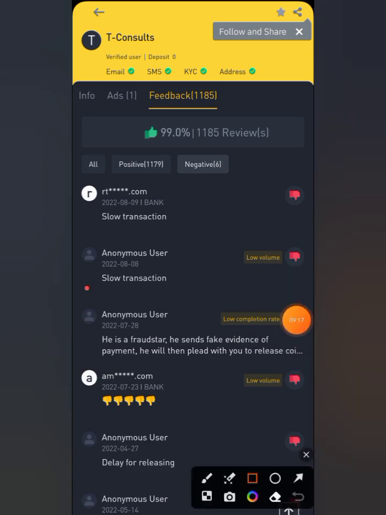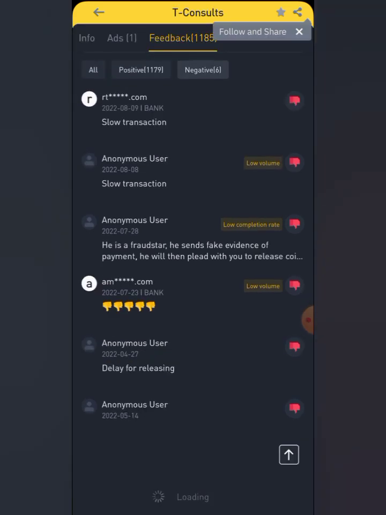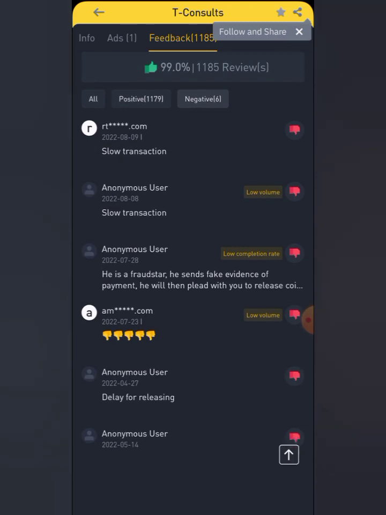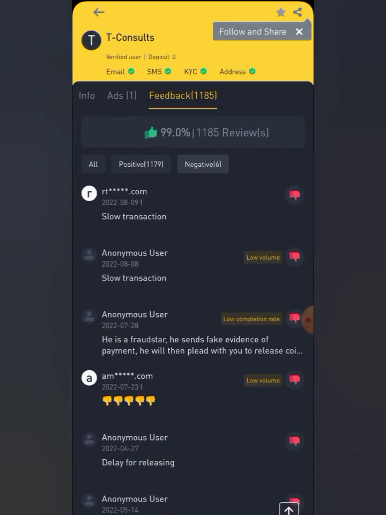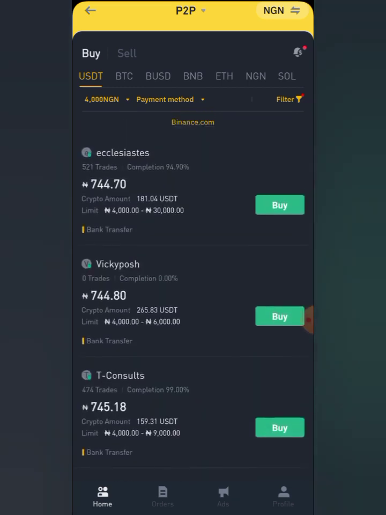Now you can see probably he must have attempted scamming someone, and you can see what this person said here. He is a fraudster, he sent fake evidence of payment, he will then plead with you to release coin. So these are the things you need to take note of. You can see delay release, delay for releasing transaction, and so on and so forth. So after you must have checked all his feedback, you will ascertain if this trader is actually a good fit based on what people have been saying about him. So once you are done checking this and you are comfortable with it,